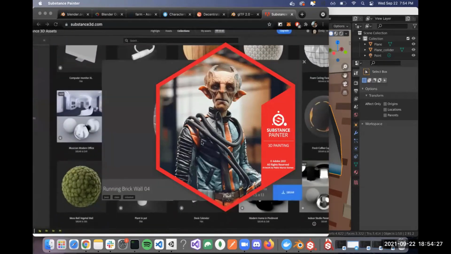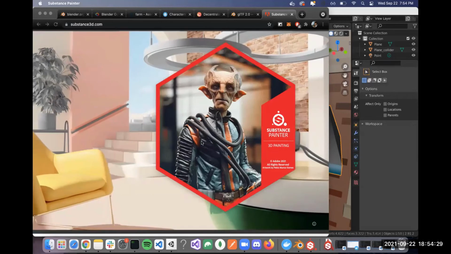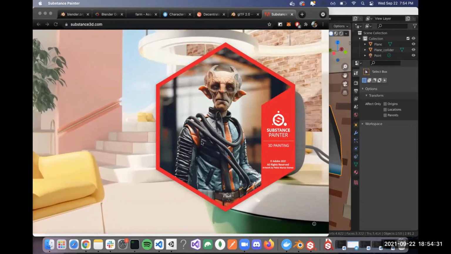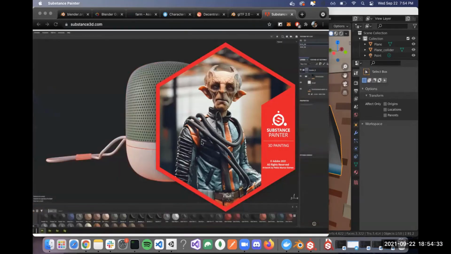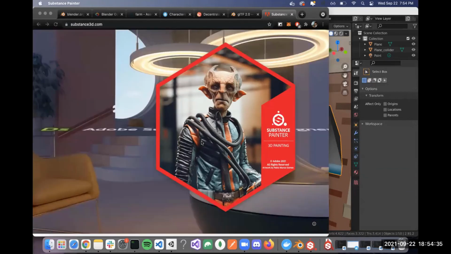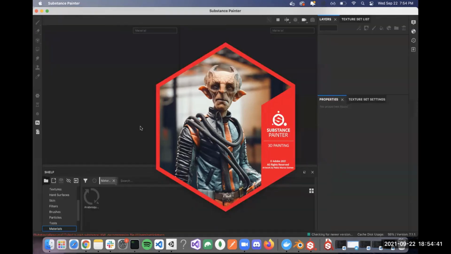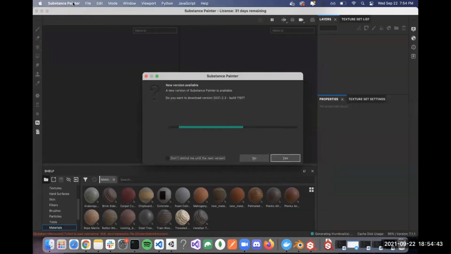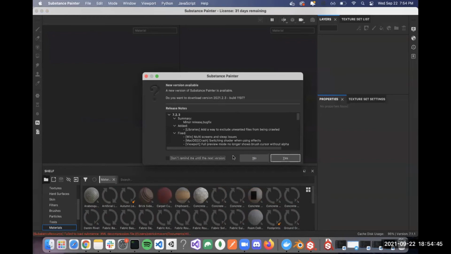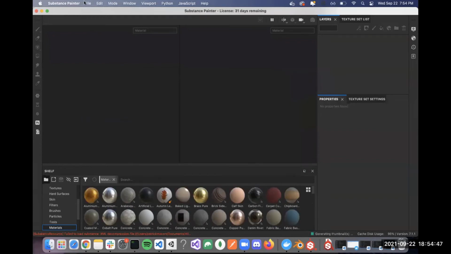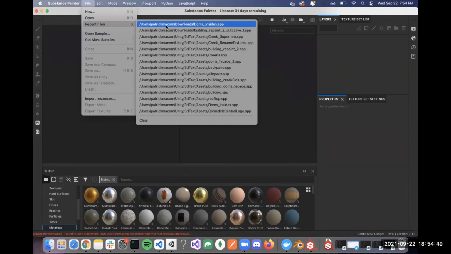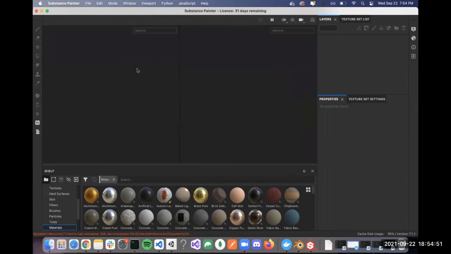and it's loading. So what Substance Painter does is it kind of takes away a lot of the painting parts that are annoying or a little bit difficult sometimes in Blender, and they kind of simplify some aspects so that as an artist, what you can do is, let me see. Do I have, yes. So I have a project I'm working on. I have my bar that I've been working on in Substance Painter, and